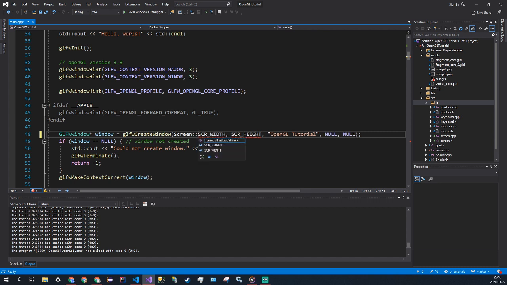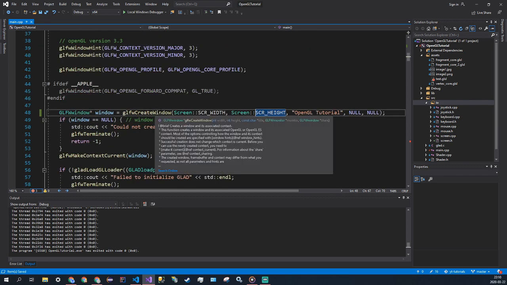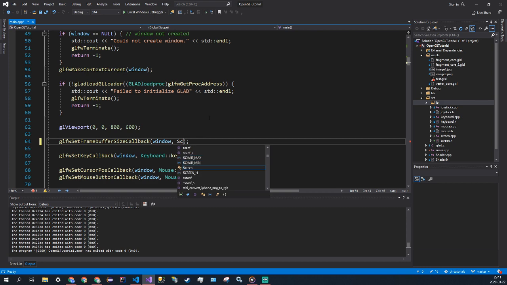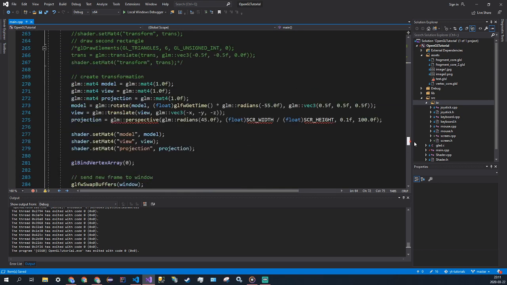screen. So that's around line 48 where we create the window, and then for the callback we need to set it to window, comma, and then screen framebuffer size callback. And then down here where we do the perspective, we have to set the aspect ratio. So we're just going to go ahead and put the screen